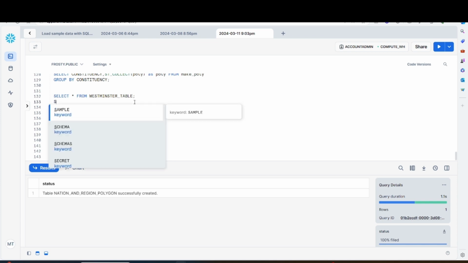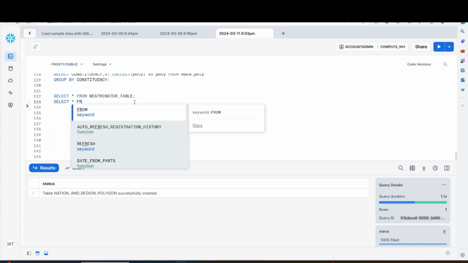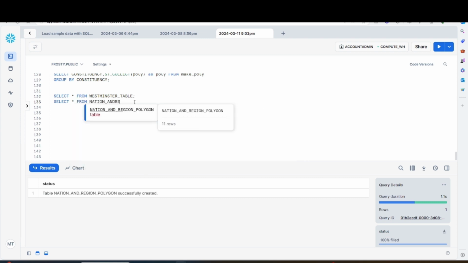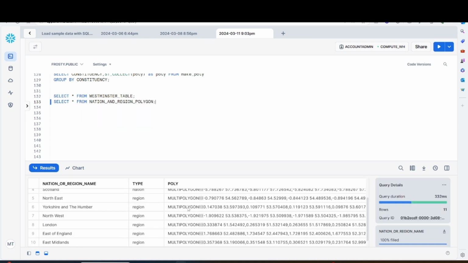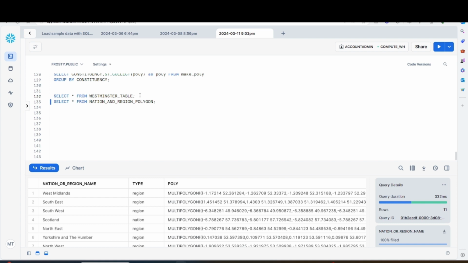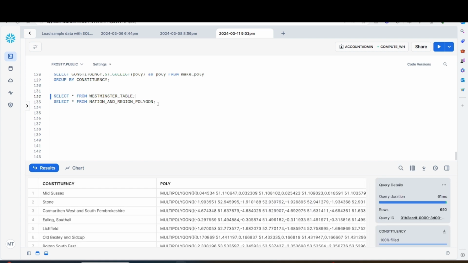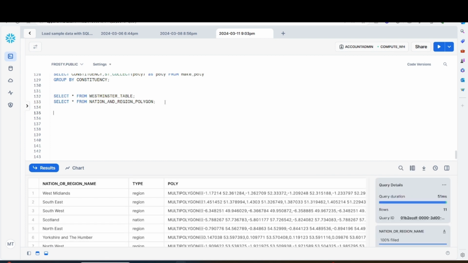So you got the first one, nation and region polygon, right? Okay, now we got two tables. So one's called Westminster table and the other one's called nation and region polygon. So they're both multi-polygon, so that's fine. Looks good so far. So the next step, what we need to do is if you look into the question,